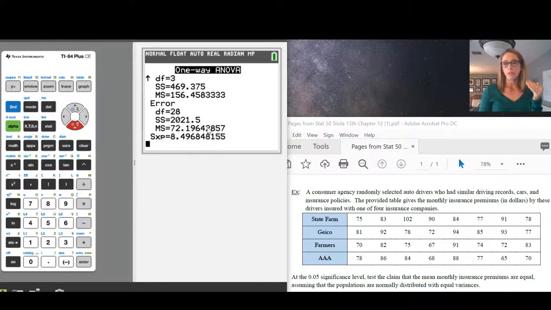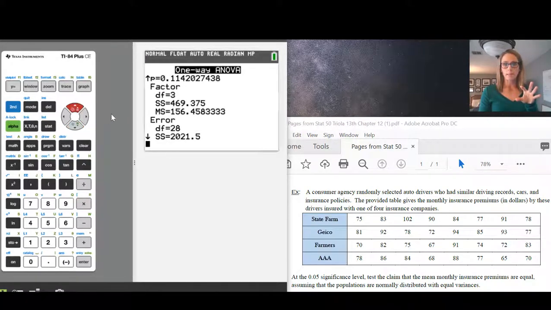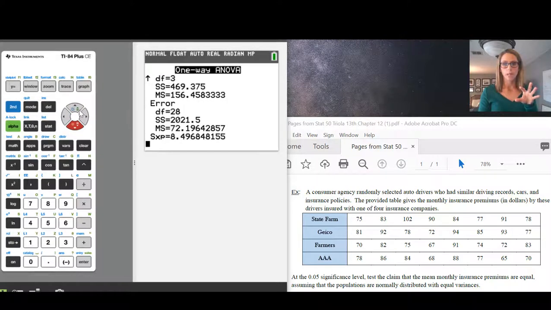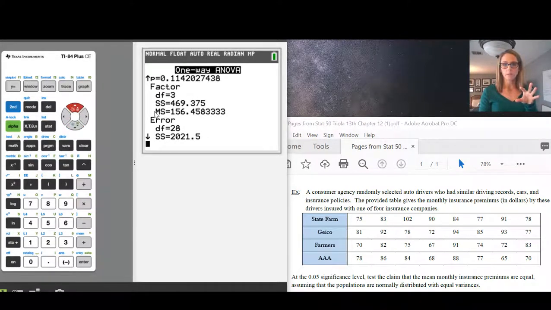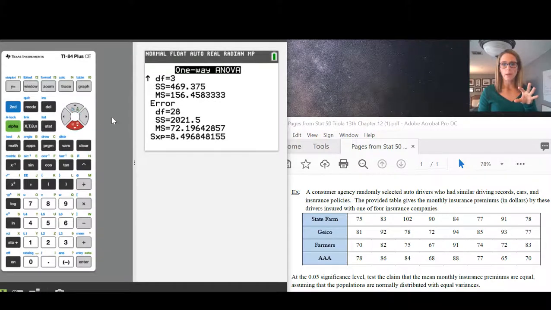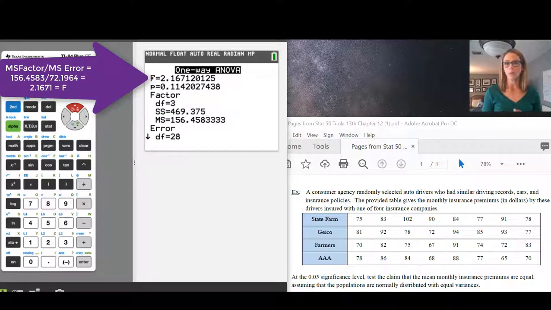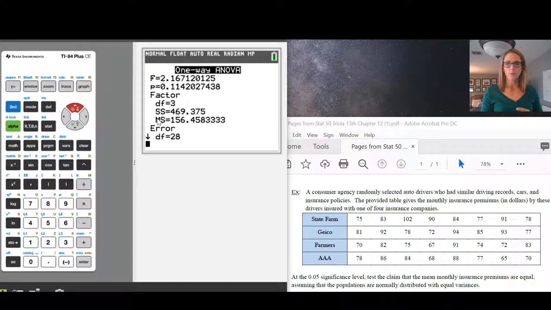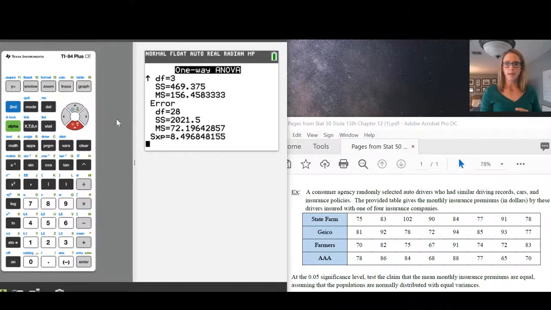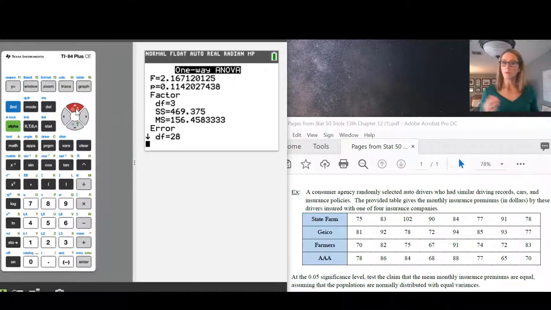The only thing that you would really even use, typically, between the factor and the error is simply the MS factor and MS error. If you were to take MS factor and divide it by MS error, what you would find is your test statistic, the 2.167. That's where it comes from. So depending on how you do your ANOVA, you can focus on the first 2 values. If you're asked for a little bit more, think about using MS factor and MS error. And that's about all for ANOVA.